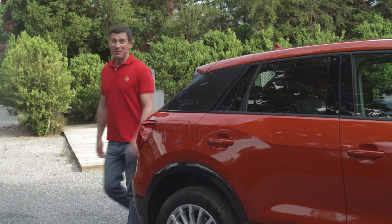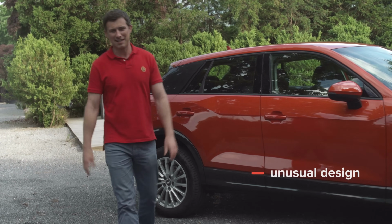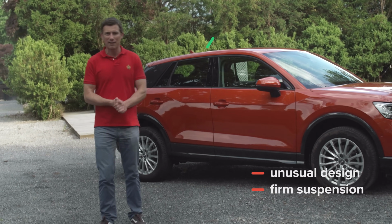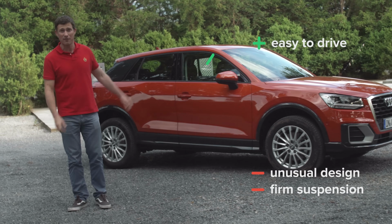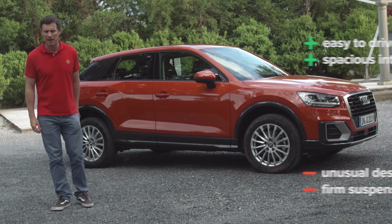So then, overall, what do I think of this new Audi Q2? Well, the looks won't be to everyone's taste, and some people may find the suspension a little bit on the firm side, but if you can live with that, it's actually quite nice to drive, and it's surprisingly practical for a small car. Now, if you click up there, you can get more information and find out the best deal